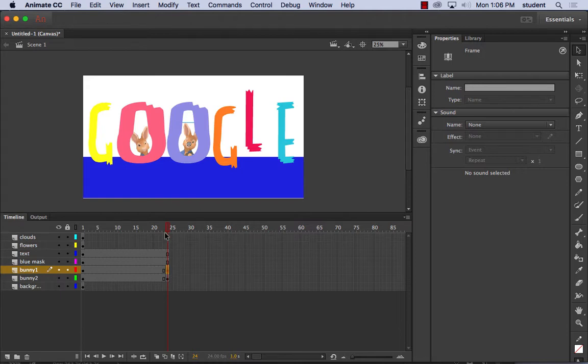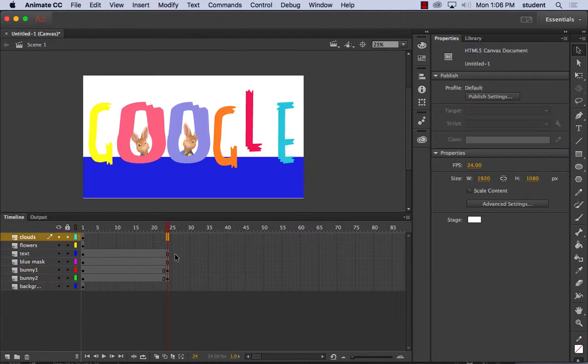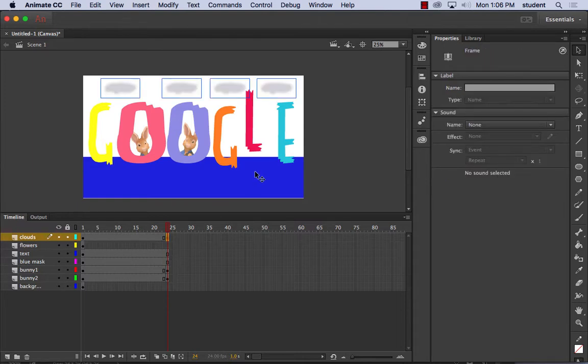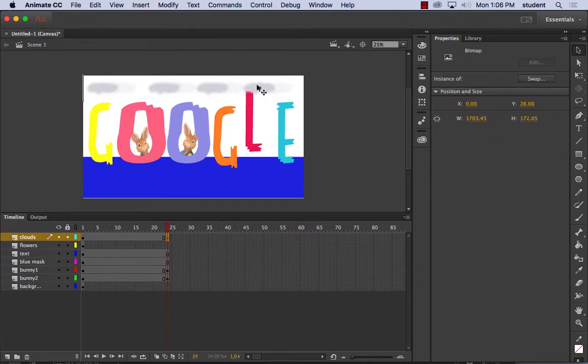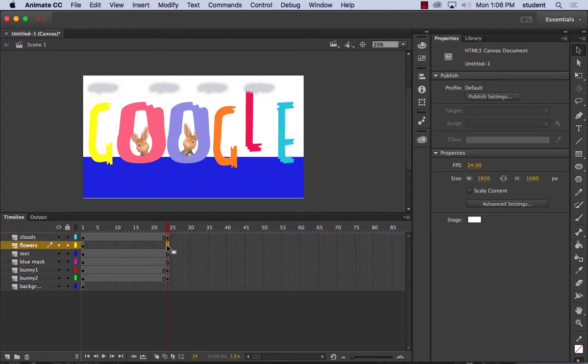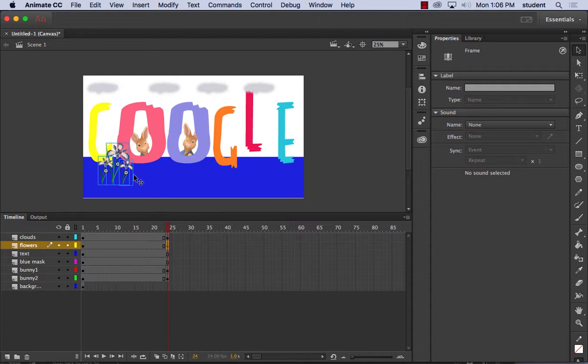And then, of course, my clouds, we want to animate those. We want them to move a little bit. So let's put an F6 there, and we can move those just a slight bit over here. And then the flowers, they're going to move a little bit. So I'm going to hit F6 on that one. And then let's just